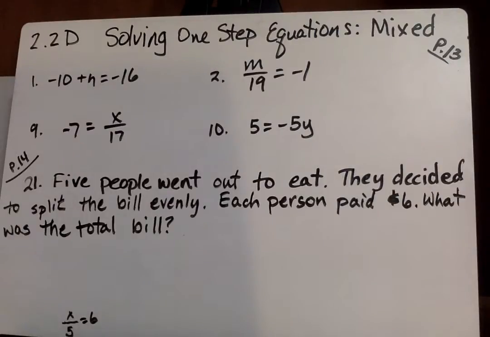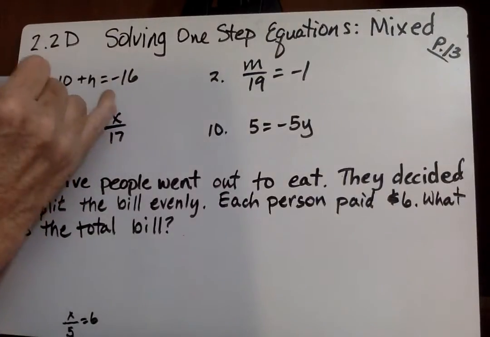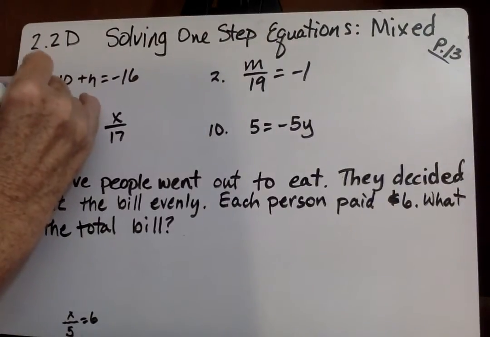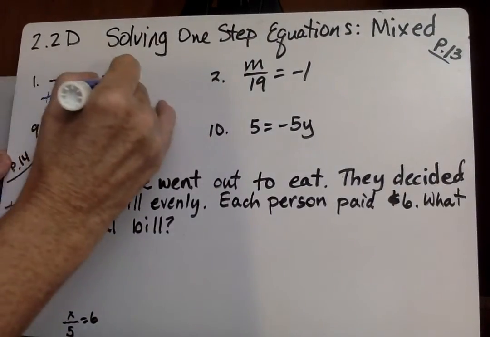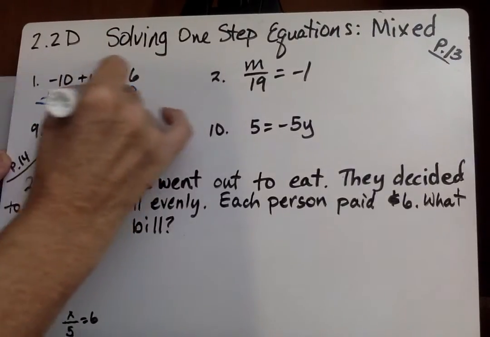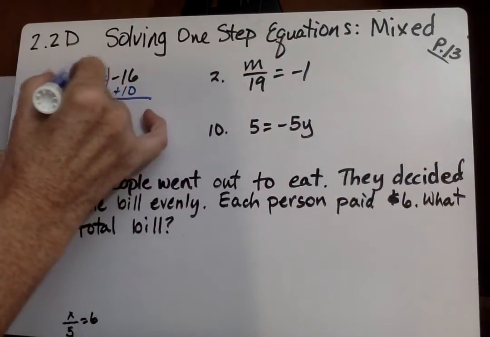Our first one, negative 10 plus n equals negative 16. So we have to get the variable by itself. So we look at where the variable is and what's around it. Here's n and here's a negative 10. So then we have to add 10 here and add 10 here. And I should put my line down the middle, the equal sign, bring the n down, make sure that's a